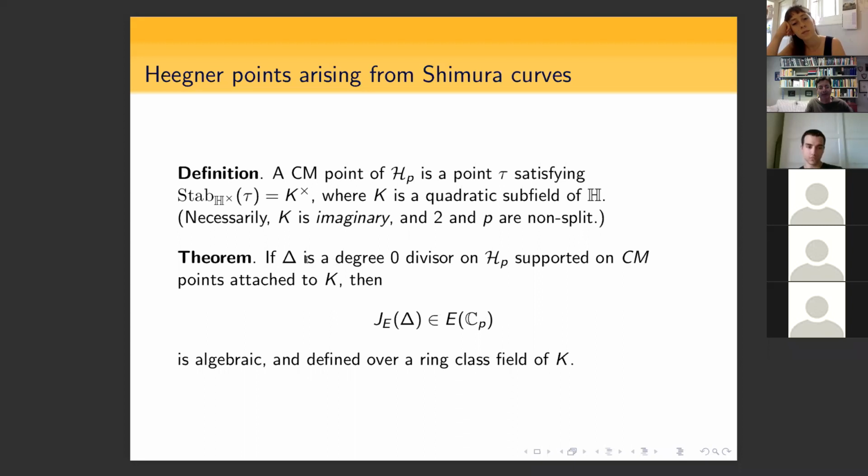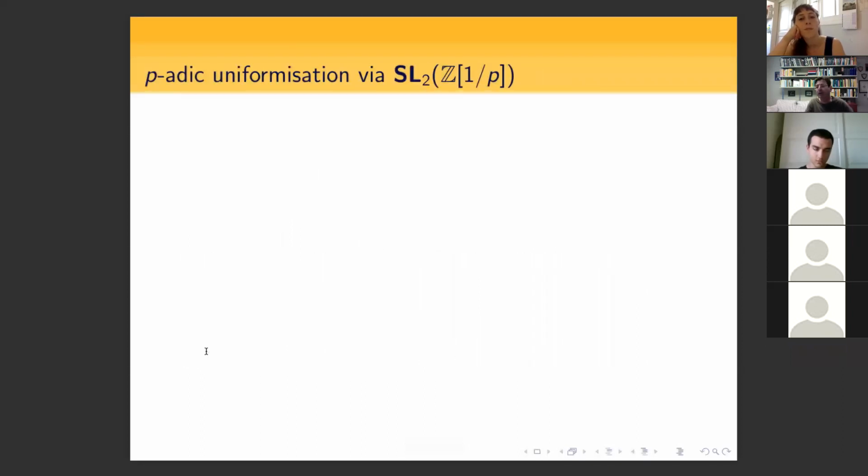And the theorem then is that if delta is any degree 0 divisor on the p-adic upper half plane, which is supported on CM points attached to K, then the image of delta under this modular parameterization is a point on the elliptic curve over Cp, of course, but this point is actually algebraic and it's defined over a ring class field of K. And so that gives us quite a strong handle, as you know, of all the theory of Kolyvagin, and all these wonderful results, Gross and Zagier, that we have on the arithmetic of elliptic curves are ultimately based on this very rich structure, allowing us to construct points systematically over abelian extensions of imaginary quadratic fields. So I want to now describe how this might extend to the setting of real quadratic